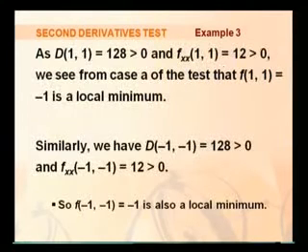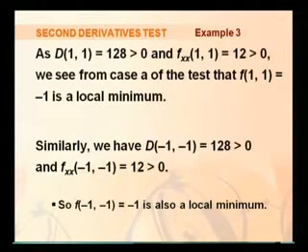If we look at the second critical point (1, 1), then D is equal to 128, which is greater than 0, and fxx at the point (1, 1) is equal to 12, which is also greater than 0. So both are greater than 0, so f(1, 1) equal to minus 1 is the local minimum value, because we have discussed if D is greater than 0 and fxx is greater than 0, then the function has a minimum value at that point. So here function f has a minimum value at the point (1, 1), and the minimum value is minus 1.